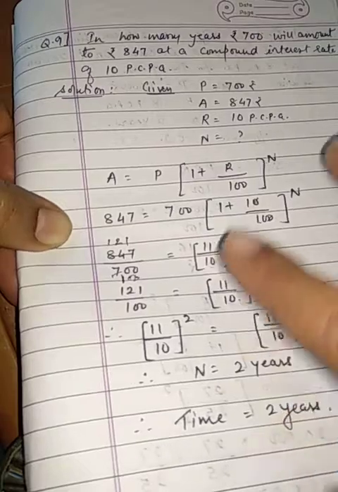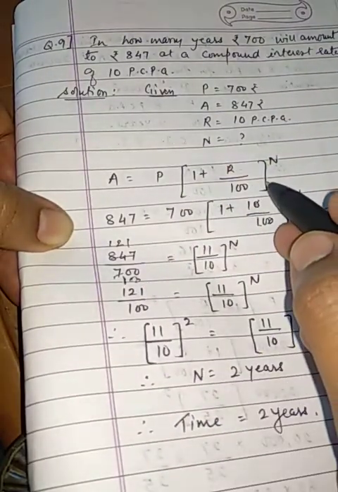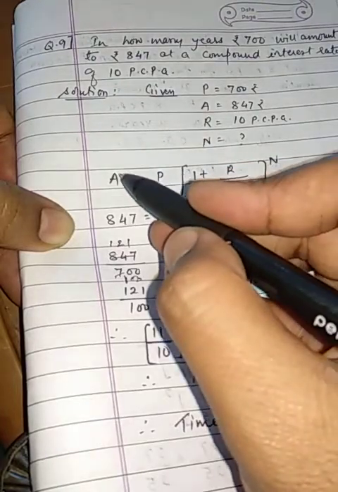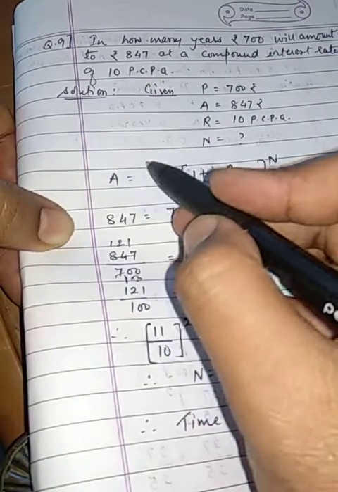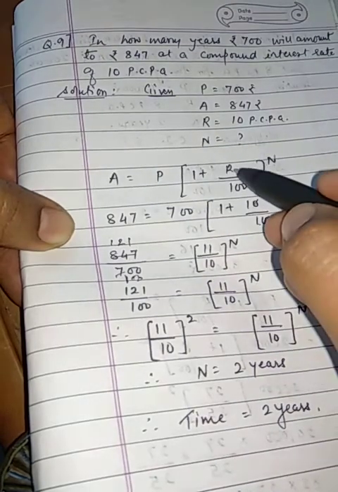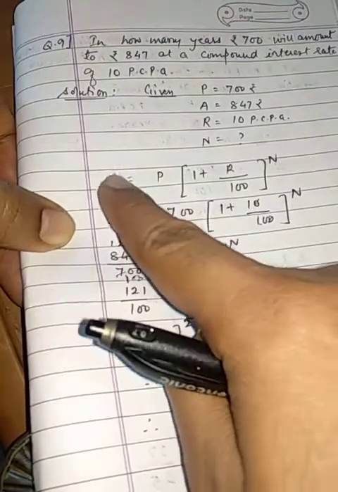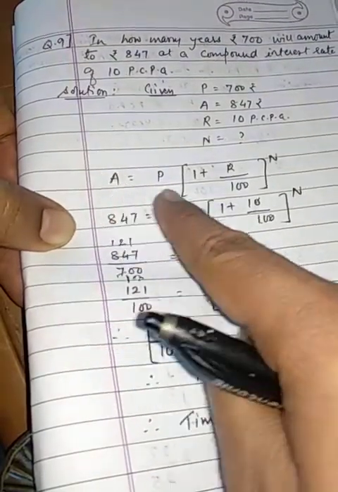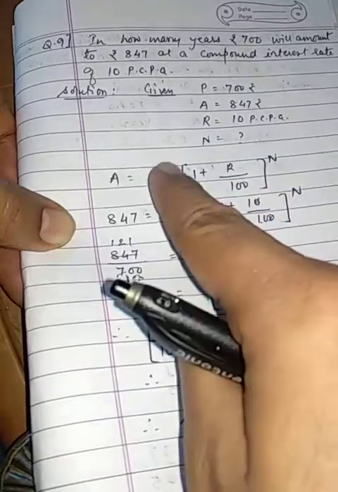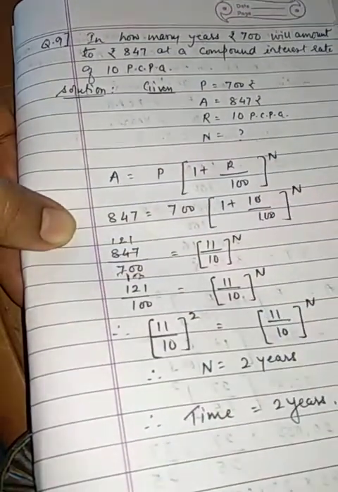So students, you have seen that from 6 to 9 we are using the same formula, but we have to find different variables. In some questions you have seen amount. In one question we found principal, then rate, and then time. That means it is not only used for calculating amount, but you can calculate any one of these variables. You can calculate principal, rate, or time with the same formula.